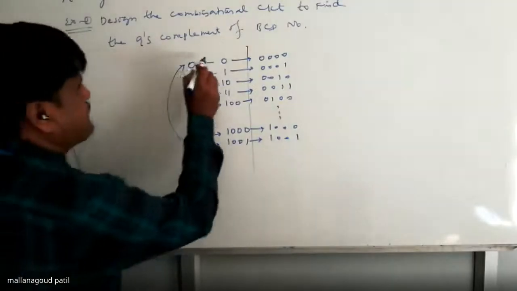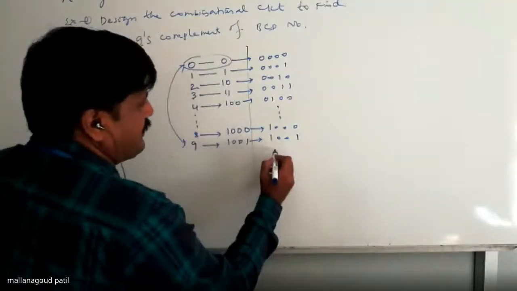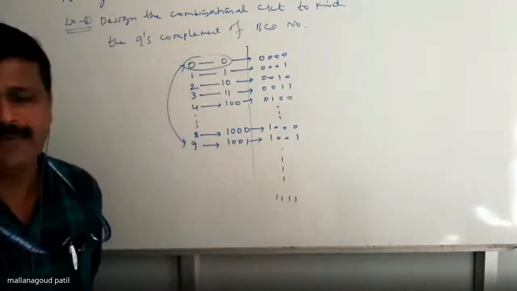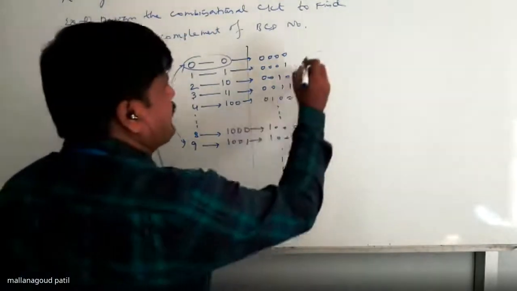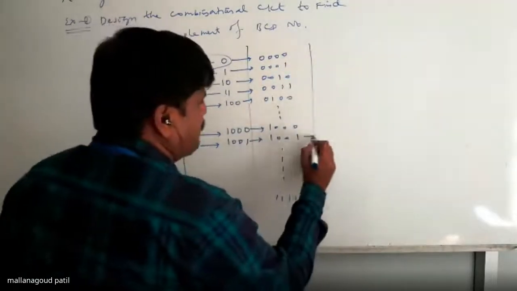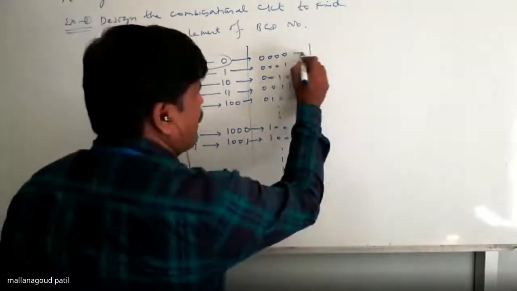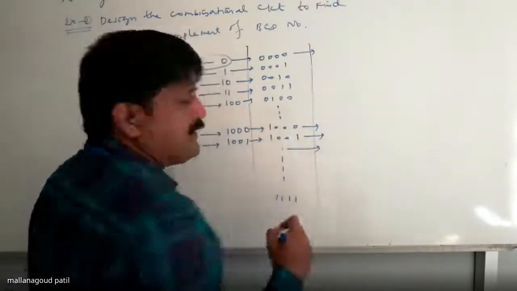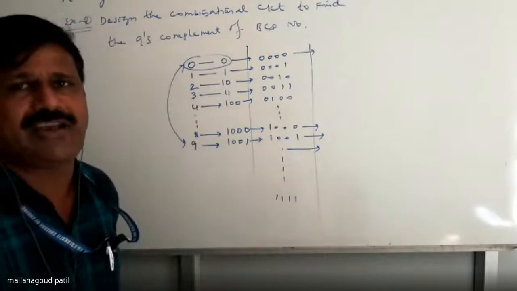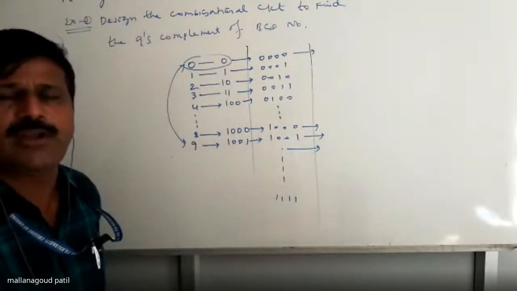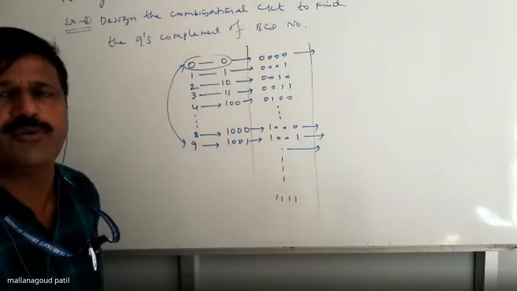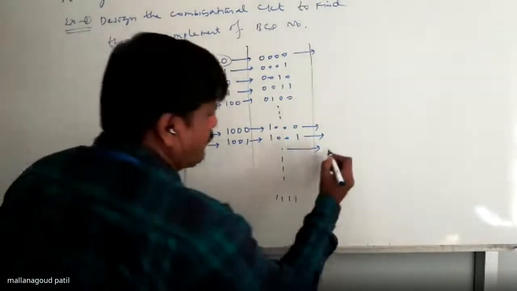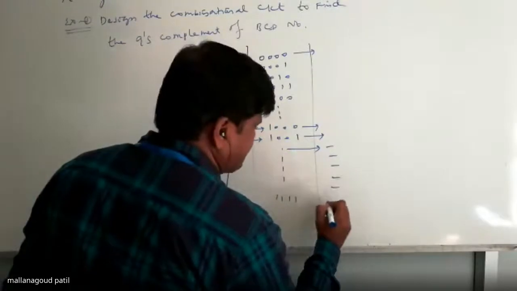But your combinations will be, it's okay. Go on. How long will it be? 1, 1, 1, 1. But what should be the 9's equivalent from a single digit? Up to 9 you have to write. Later, what comes in the 2-digit fashion is not included in your design. Then what should you do? You treat it as don't care. Then I can make it dash, dash, dash, dash, dash, dash.